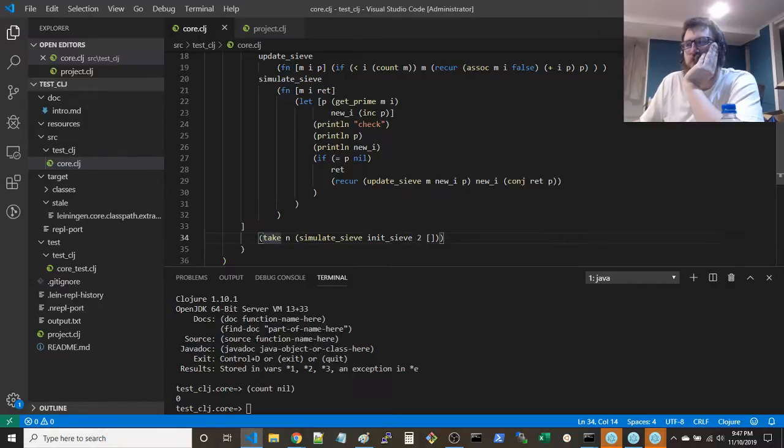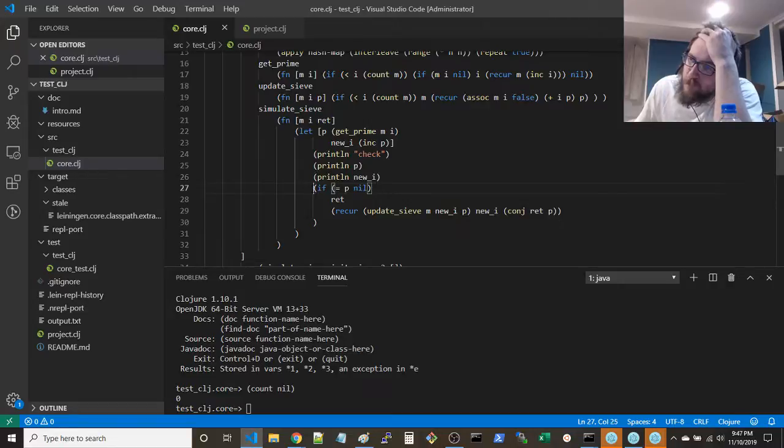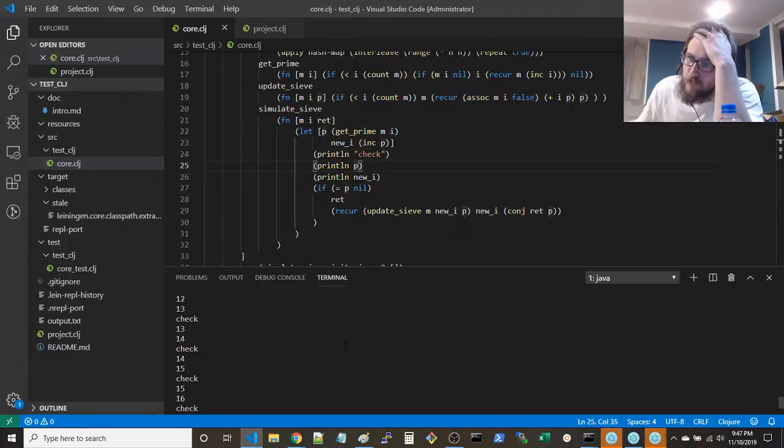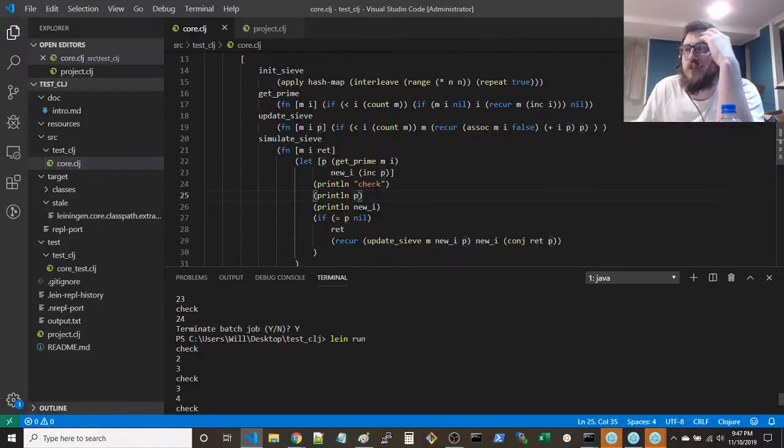I don't get it, man. I don't know what's going on. This has a base case, right? Like it does. You get 25, 24, 25, right? That's P. And then that's not correct though, right? P should change to, you get prime M of I, get this new I, recur. Shouldn't this be